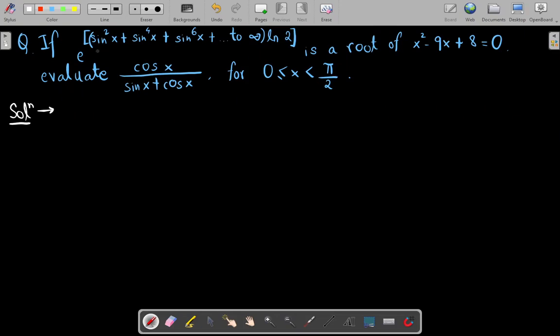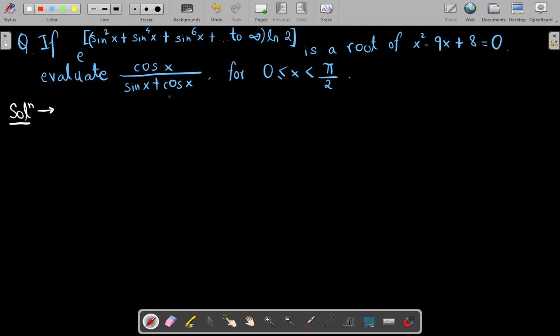Hello everyone. In this question it is asked that if e raised to the power (sin square x plus sin to the power 4x plus sin to the power 6x up to infinity) times ln 2 is a root of the quadratic equation x square minus 9x plus 8 equal to 0, then find the value of cos x upon sin x plus cos x, and the value of x ranges from 0 to pi upon 2. Okay, so